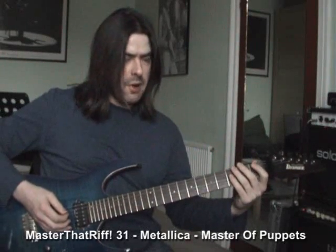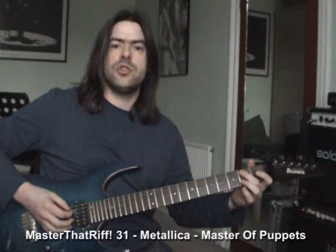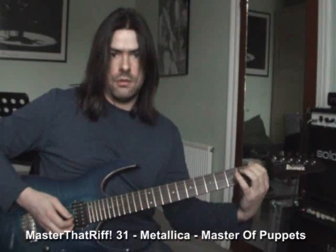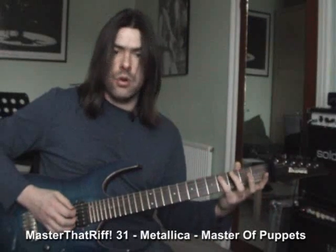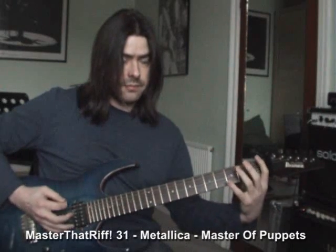So this first bar, the notes that we're aiming for are the 2nd fret on the A string, and I play that with the 2nd finger because the 1st finger is going to be playing that 1st fret on the E string. Then it's 3 on the A string, which I play with the 3rd finger. Then it's 4 on the A string, which I play with the 4th finger. So you have this 2, 3, 4,